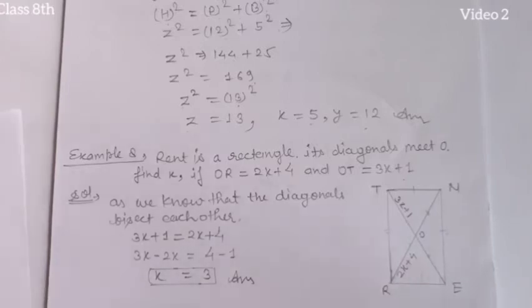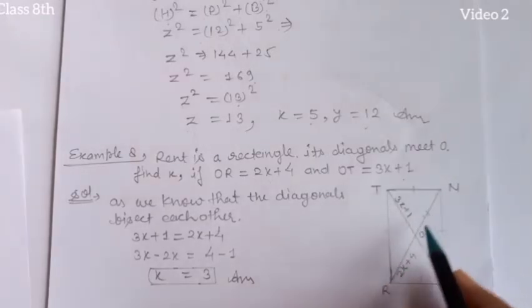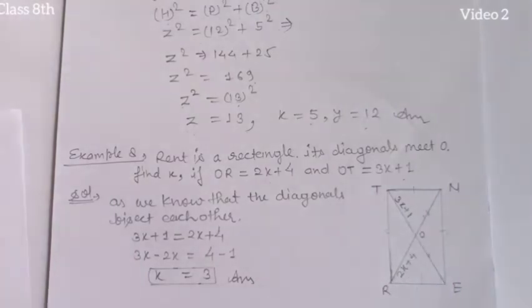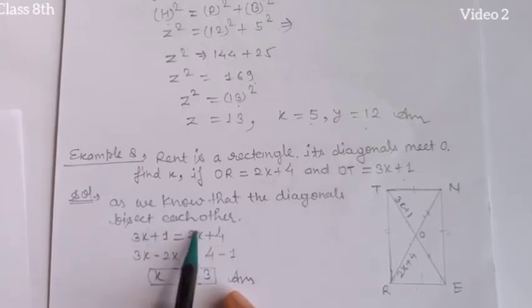So out of these properties we will use the property of diagonals, meaning diagonals bisect each other and are also equal. So students, this part is equal to this and this part is equal to this, and all these parts, ON, OT, OR, OE, are equal because both diagonals are equal. So students, 3x plus 1 equal to 2x plus 4. After solving the like terms, move 2x to the left hand side, so 3x minus 2x, and move the 1 to the right hand side. So 4 minus 1 we obtain 3. So overall, after solving, we obtain x equal to 3.